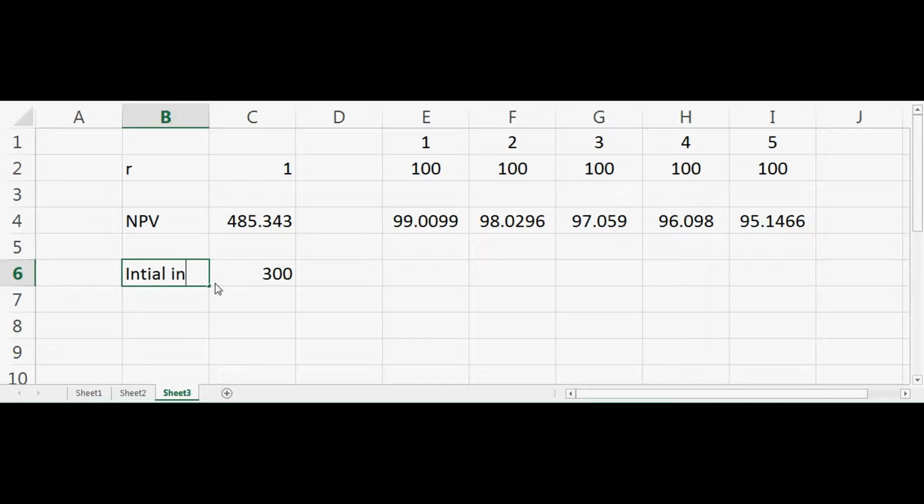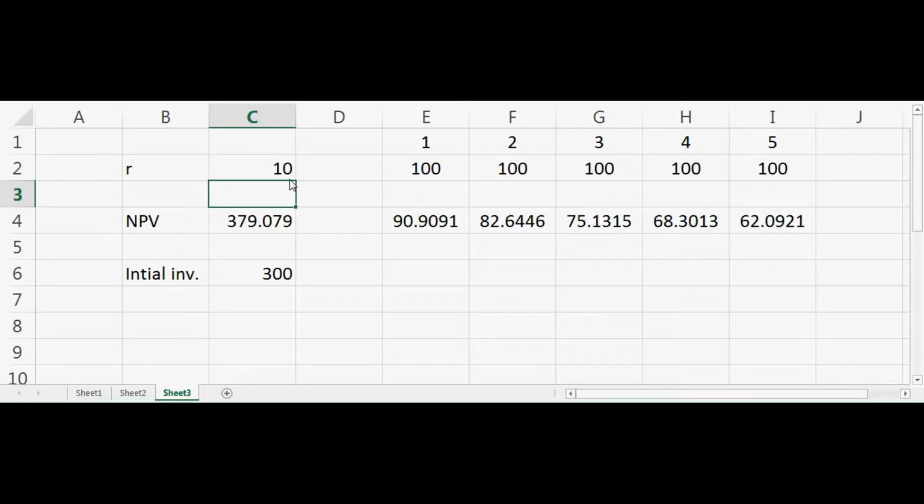Now suppose I make it 10%, so it's 379, and I make it 15%, and I make it 20%. So it's very close to the 300. But still, if we want to calculate the exact value of R, then we can go to something called goal seek. To see goal seek in your Excel, we have to go to